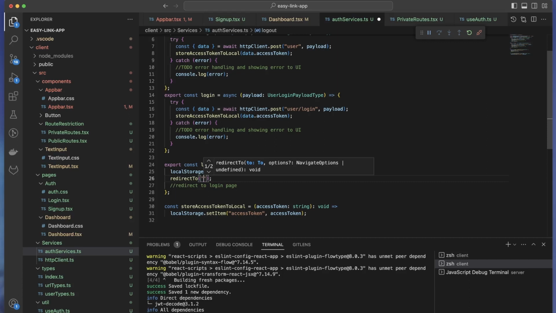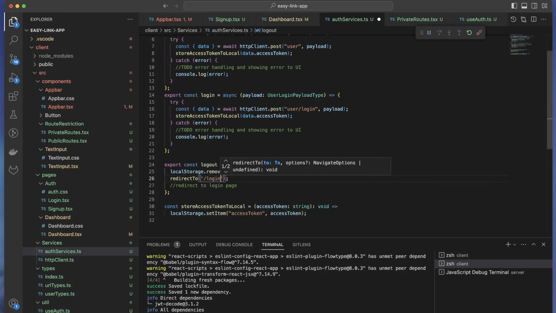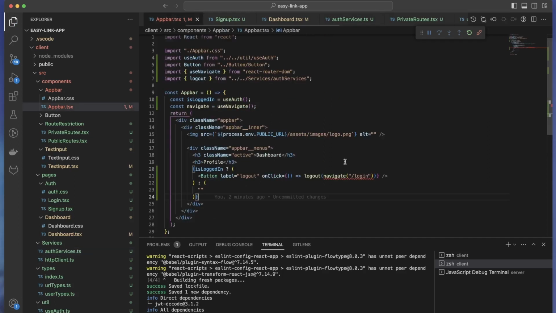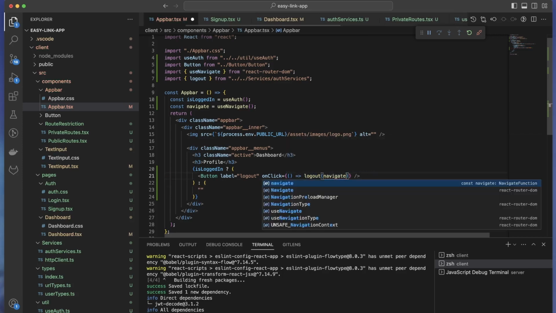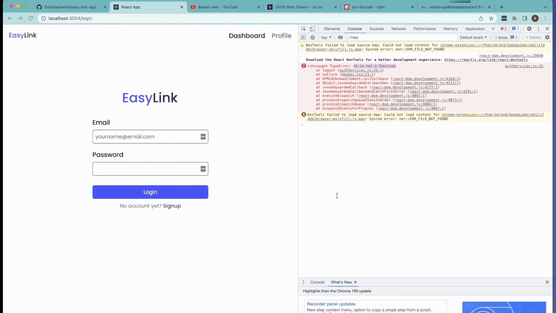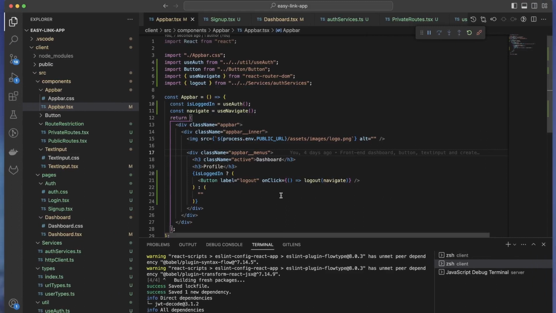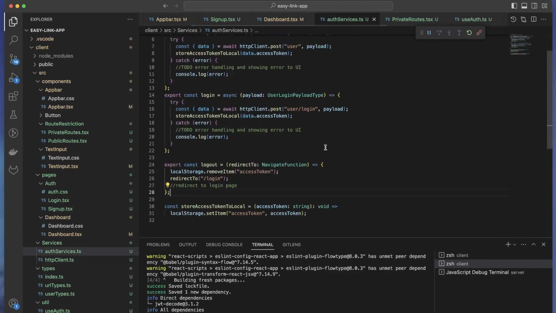So we can actually call this function here. That's interesting. So I will say to login, and the good part of that is we actually can just pass this function. I'm still not sure if that will work or not, but let's try. So if this works here, then let's try to use this same